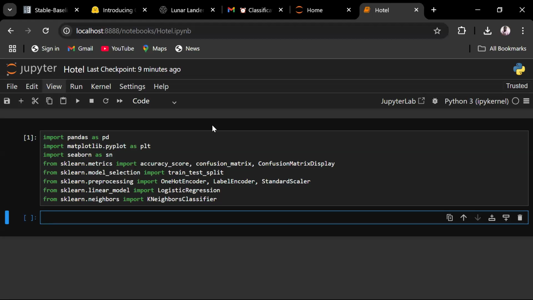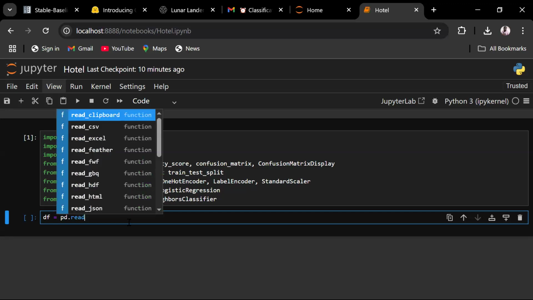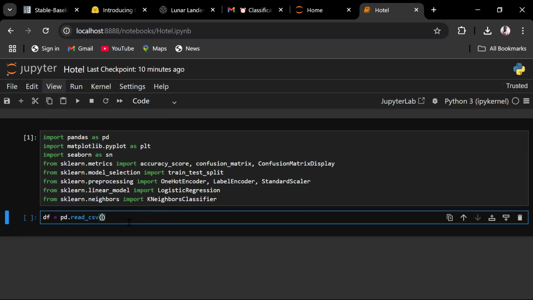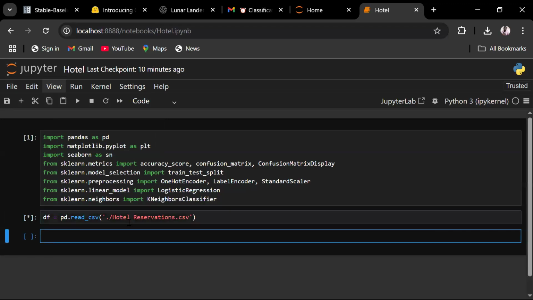Yeah, we are done with our first step, and our first step was importing all our libraries. So the second step is reading our dataset. We now want to read our dataset and see how it looks. Yes, I'm calling it DF, though you can call it anything of your choice. For convenience sake, I'm just calling it DF. Let me say DF, and we're doing pd.read_csv. And I have my dataset already, which is inside of my hotel reservation.csv file. So reading it,